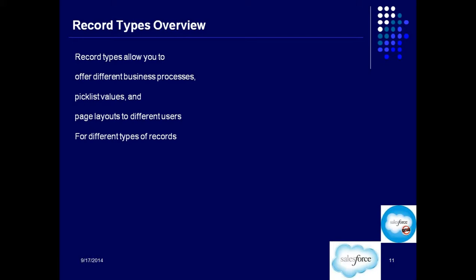Or if you are selling your products to companies as well as individuals, if you are into selling products to businesses as well as consumers, then you again will have two types of accounts, individual accounts and company accounts, right?